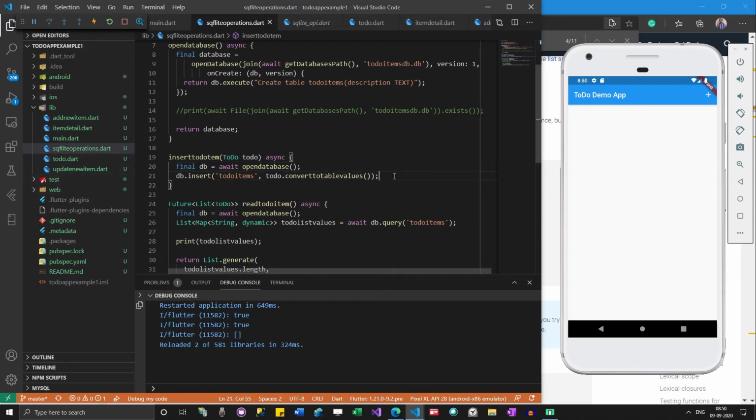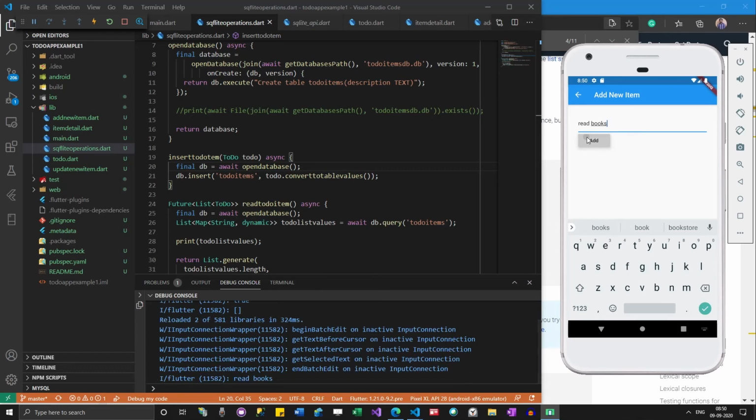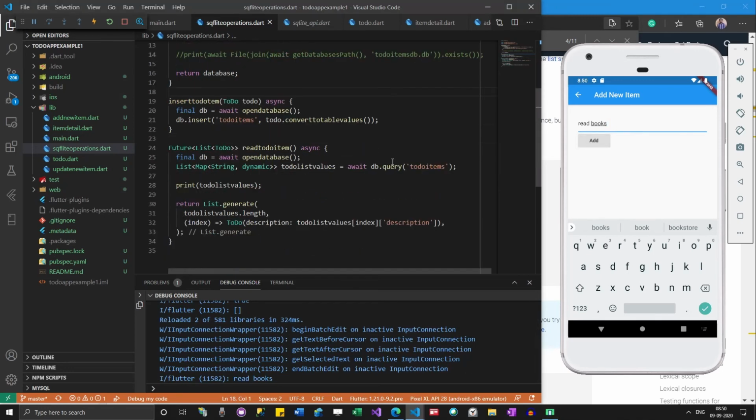Whenever a new item is inserted, since we are debugging it, I can just click here, read books, and then click add. It is not throwing any error.